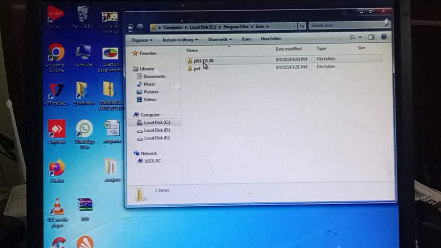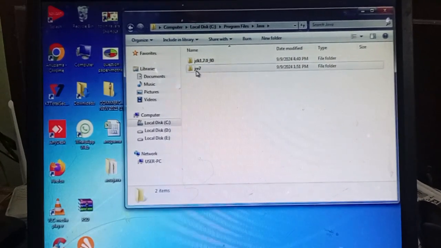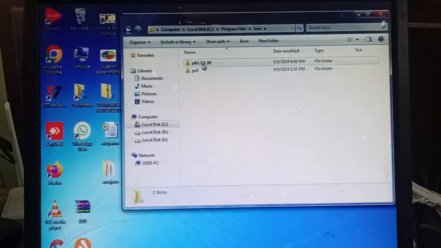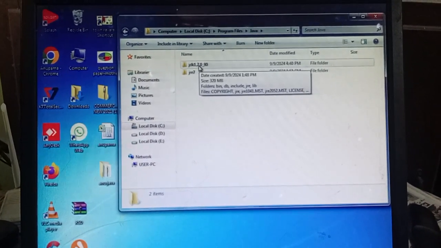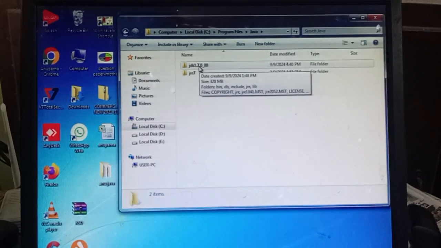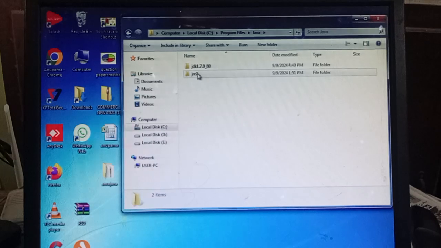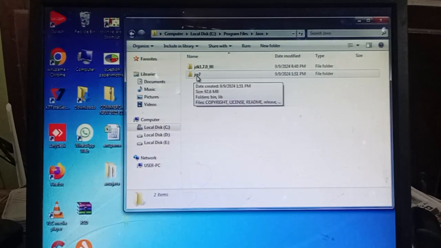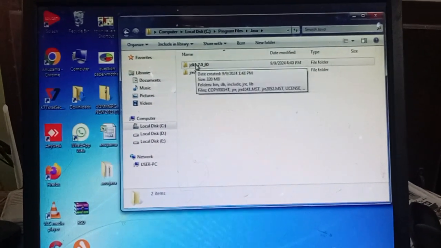I have the JDK, which is the Java Development Kit, and the JRE, which stands for Java Runtime Environment. In the JDK you will have all the tools necessary to compile and execute. The JRE is the environment where it can be compiled and run; it covers how to use these tools.